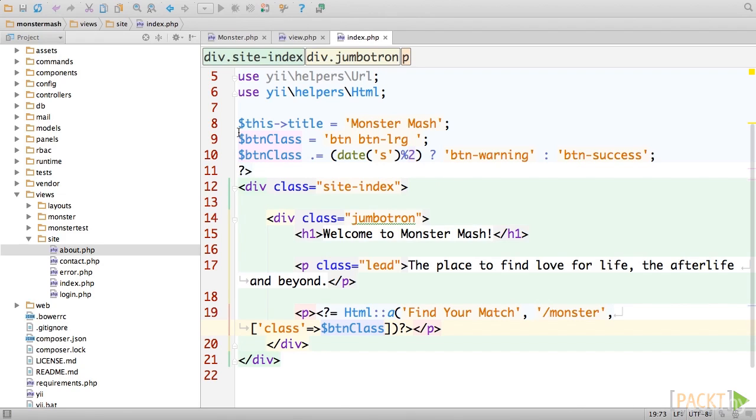If you have ever developed a PHP application without a framework, then you know that one of the most tedious aspects can be working with forms. You need to generate fields, validate data, display errors, and possibly repopulate fields with previously submitted data. We already looked at how ActiveForm is used to generate the forms on our create and update pages. But what you may not realize is that the ActiveForm object simply uses HTML helper's methods to generate each form